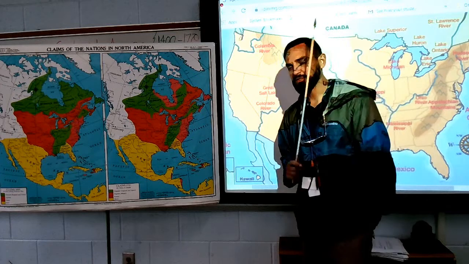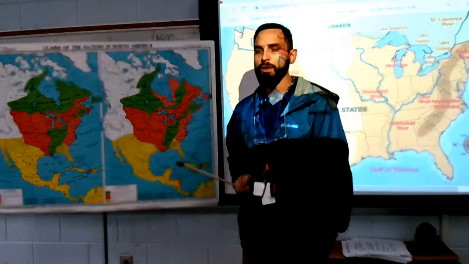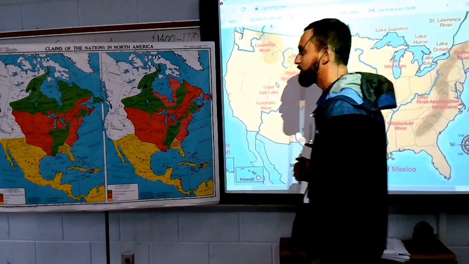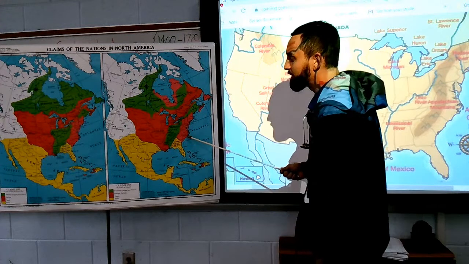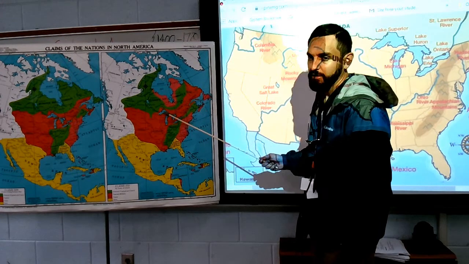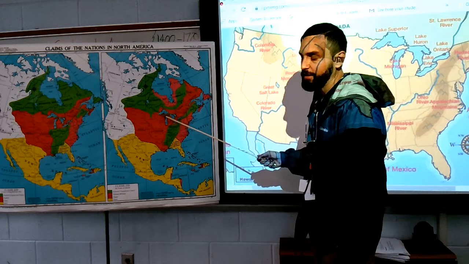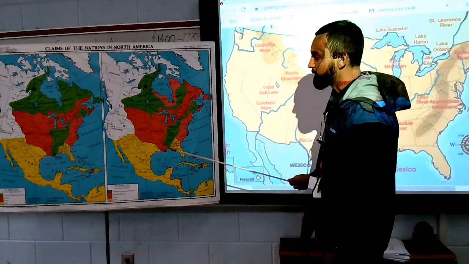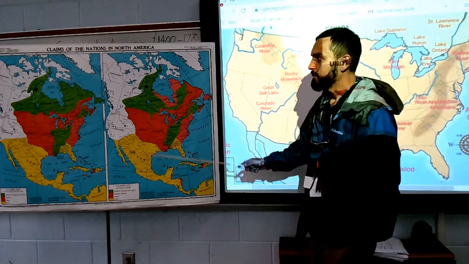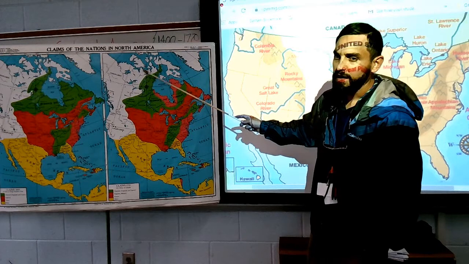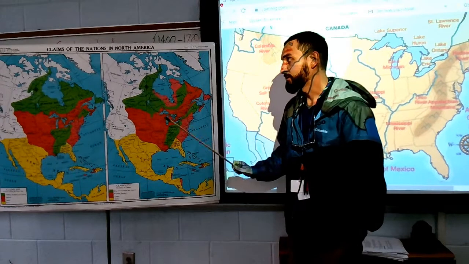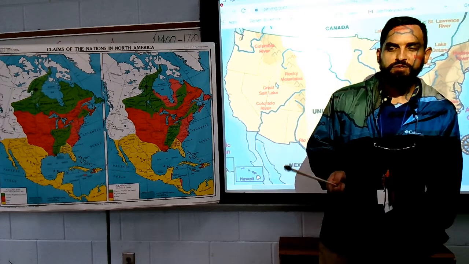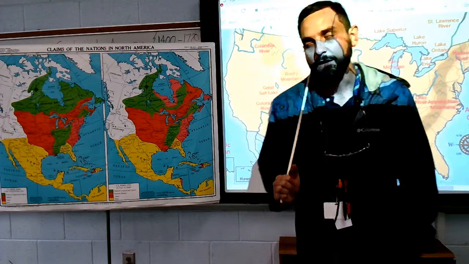But just to recap one more time, the three main European countries to colonize North America between 1400 and 1600 would be England on the east coast, France around the Great Lakes area and Mississippi River, then you have Spain with South and Central America, with pretty much Florida and the West Coast. Now, this white that you see, right now they have no idea it exists. People have to go discover it. We'll be talking about that during Manifest Destiny and during Thomas Jefferson's presidency, but we got a while before we get to that.